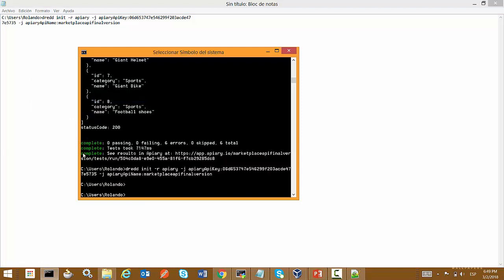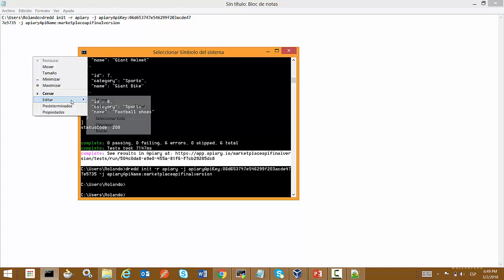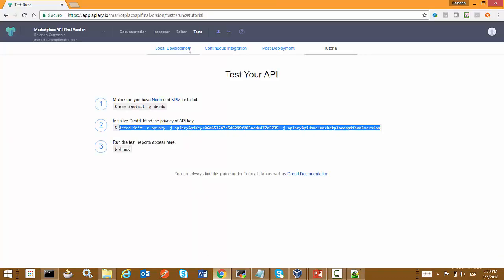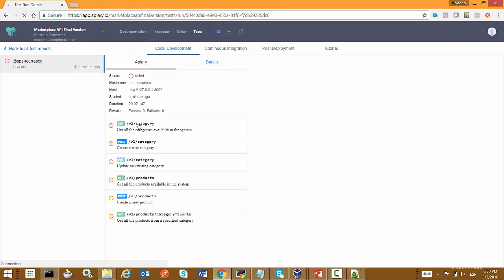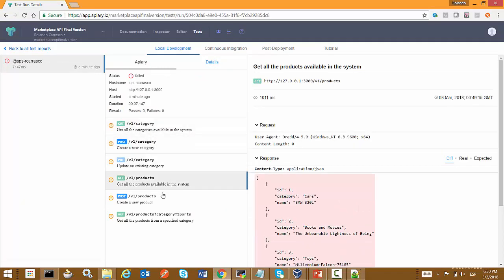Where is this one? Okay. And if we copy and paste this thing right here, we're going to see every test of every single resource.